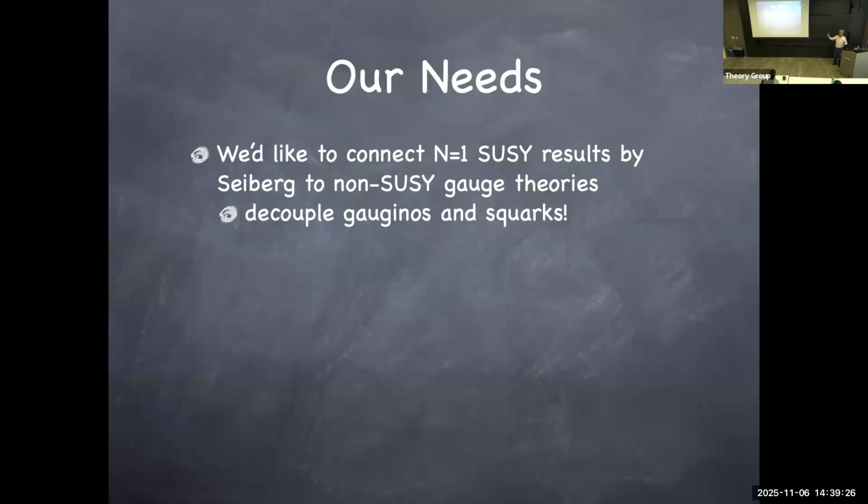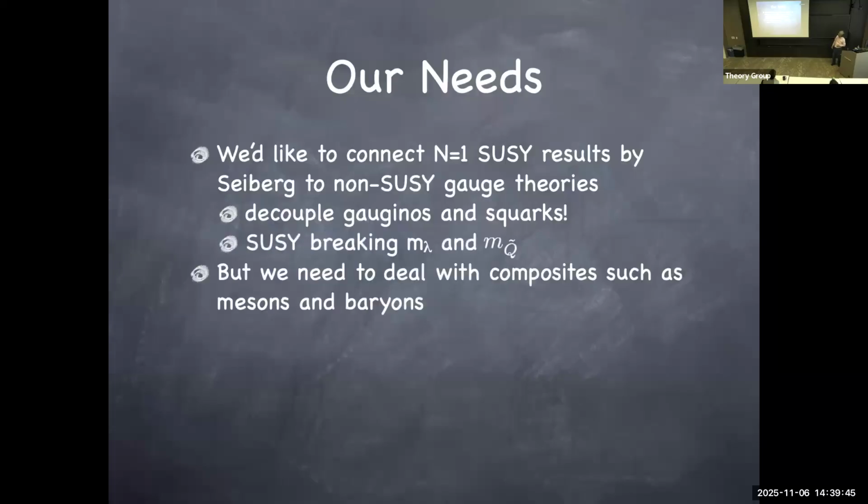We haven't seen the gluino yet, so we need to make it massive. We also have the superpartners of the quarks, namely squarks. We haven't discovered them either, so we need to make them heavy too. So at least we need to make both gauginos and scalar particles heavy by breaking supersymmetry. And ideally, we can do it in one shot with only one parameter.